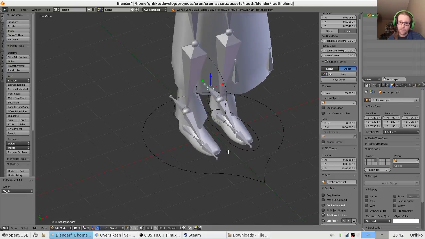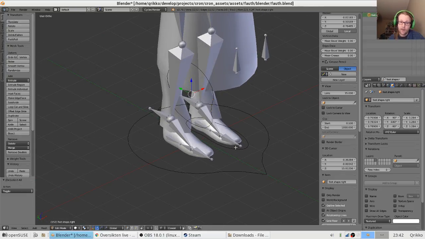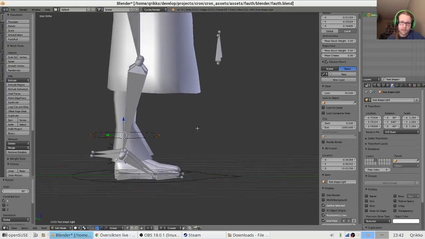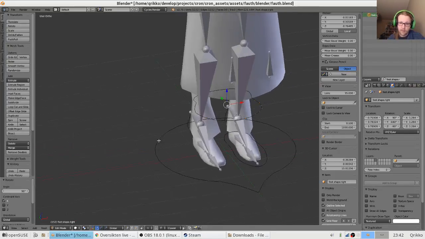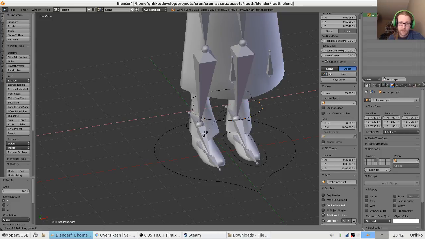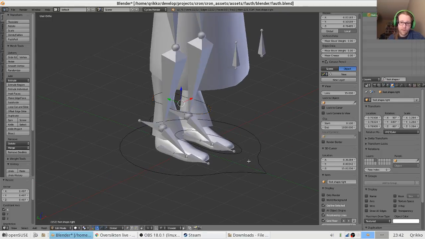And what do I want to do? I want to rotate it around the z-axis 90 degrees. I want to rotate it around the x-axis now 90 degrees. And let's just see if that did it. Yes, and we want to scale it in the x to make it a bit smaller. We also want to push it down in the C to